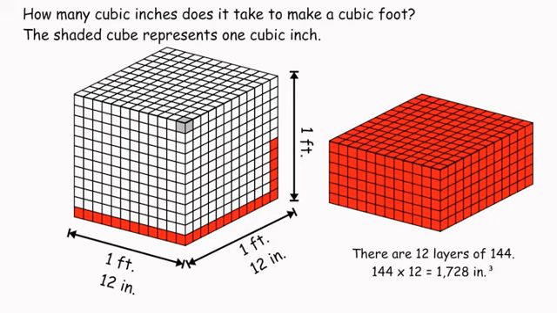For example here, what if we have a cube that is 1 foot in length, 1 foot in width, and 1 foot in height, which means that all the edges are of 1 foot. So that means that in 1 foot you got 12 inches. Now remember that 1 foot has 12 inches, right? The question now is going to be, how many cubic inches do you have in 1 foot? What's that gonna be? Well, on one layer you got 12 inches on this side and then 12 inches on this side, which means that in one of these layers,